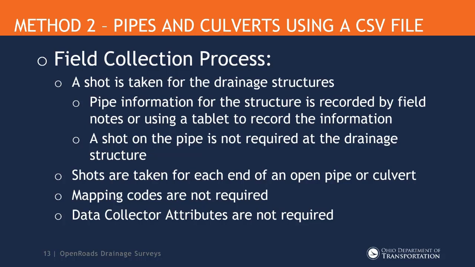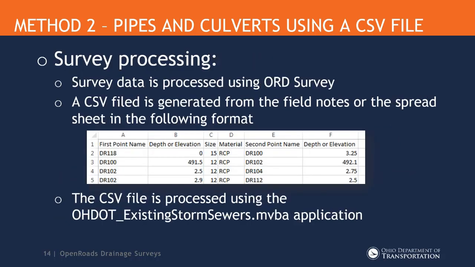unless I'm using those field codes for the specific pipe type. It would just be the PIO for a pipe inlet or outlet shot, and/or a CULV for a culvert shot. So the mapping codes aren't required, and there's really no data collector attributes required for this. Everything's going to be read from the CSV file itself. So if you're not familiar with this, here's the